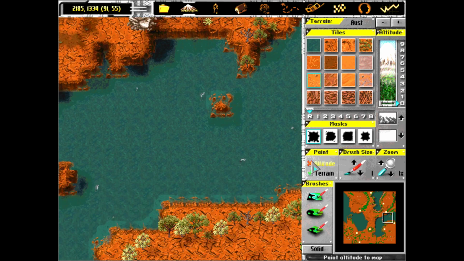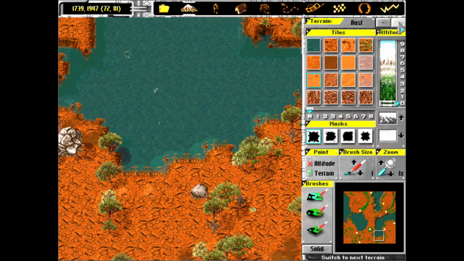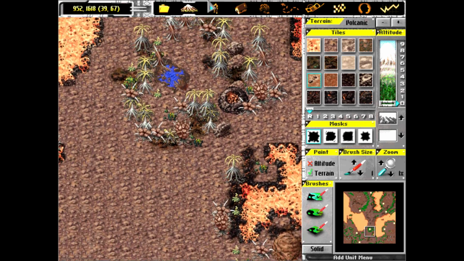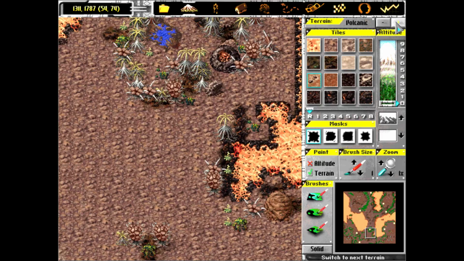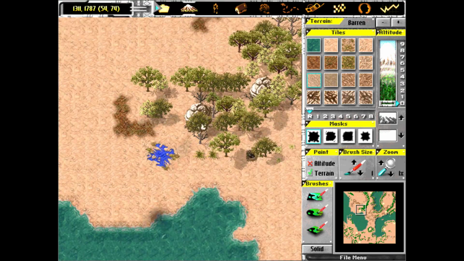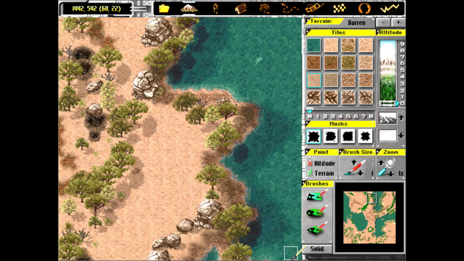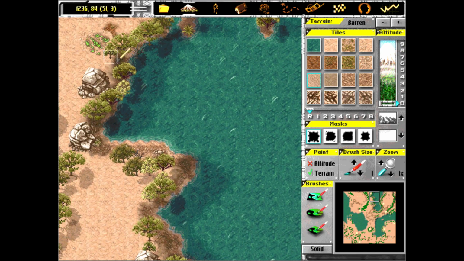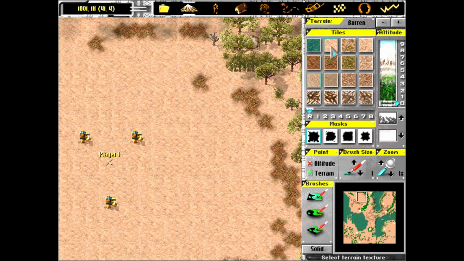I believe this one was a user contributed one or user made one. So there's that, and volcanic with molten lava and some funky looking plants. Barren, the default tile set, which looks really nice, especially this sort of azure coloured waters. I really like it. So onto the actual painting, you can see there's 16 different tile types, and there's 8